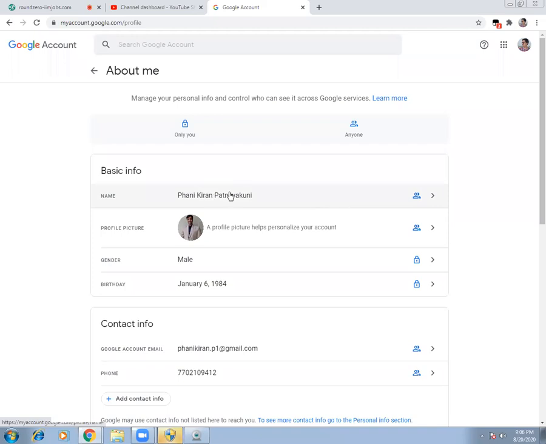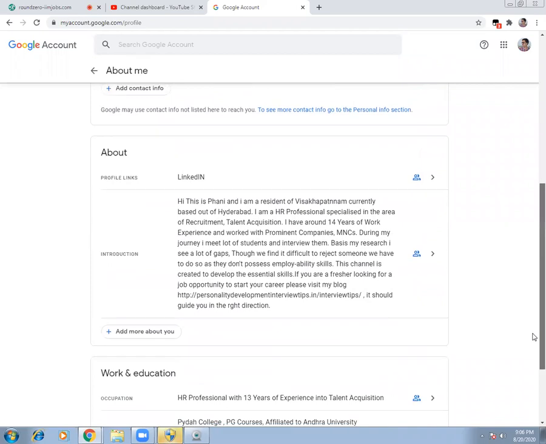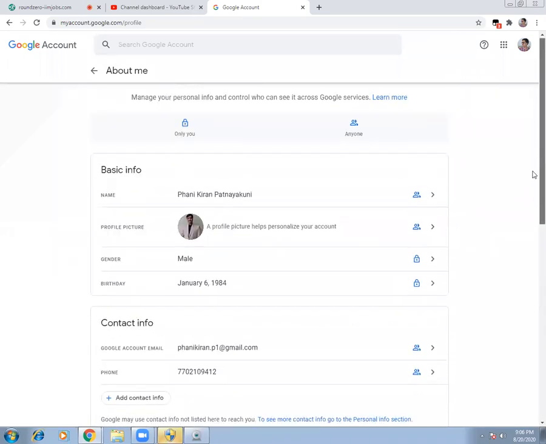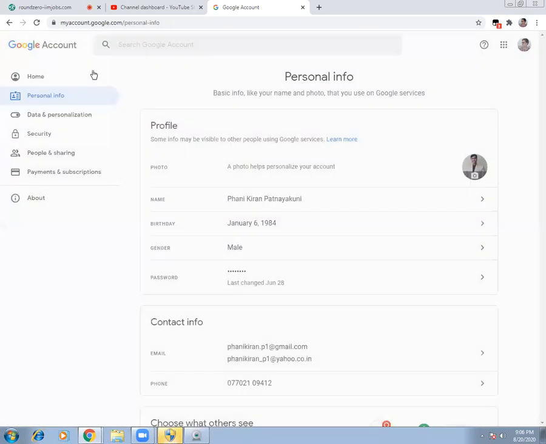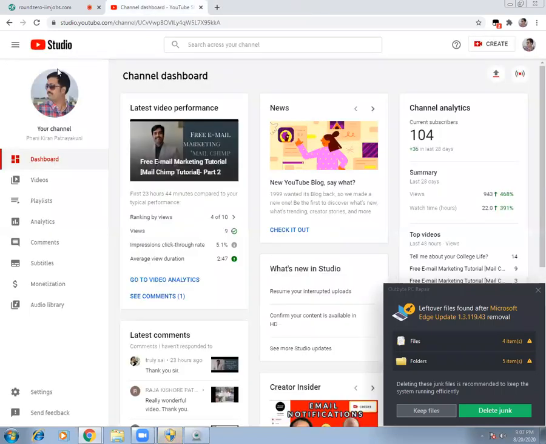Okay, this is something that you can just check, your details and all. These are all confidential and private, so you can just check out all these basic things, because this is your information which you can edit anytime. Okay, so that's all for today, and let's check out, did it apply changes?